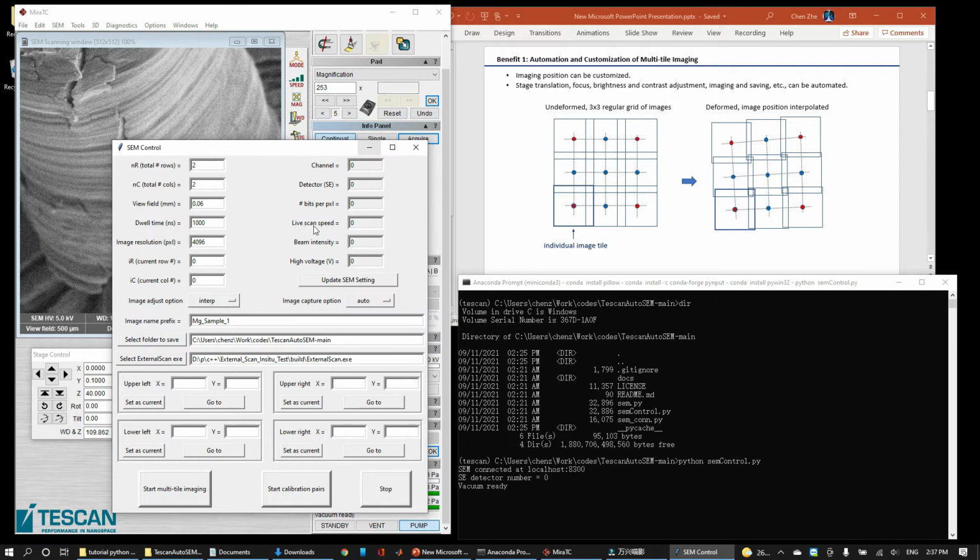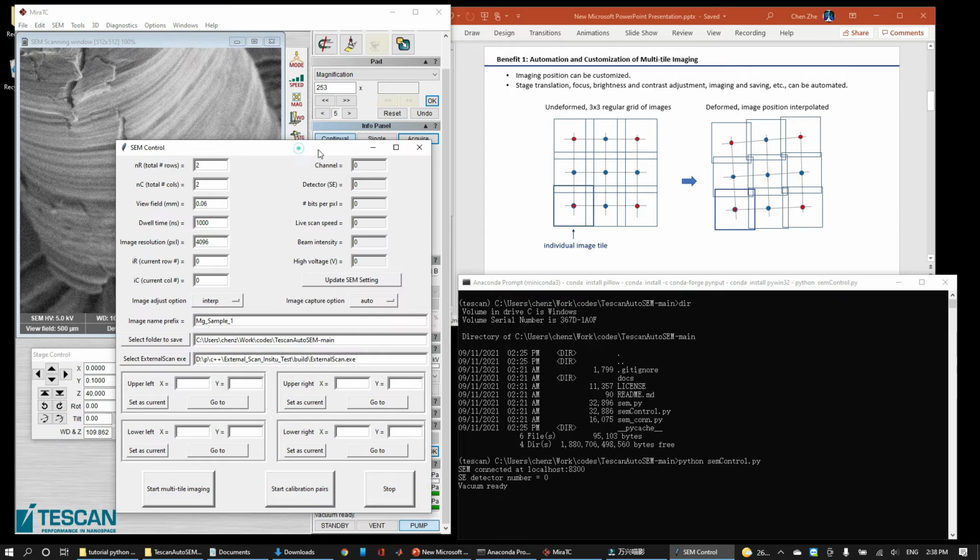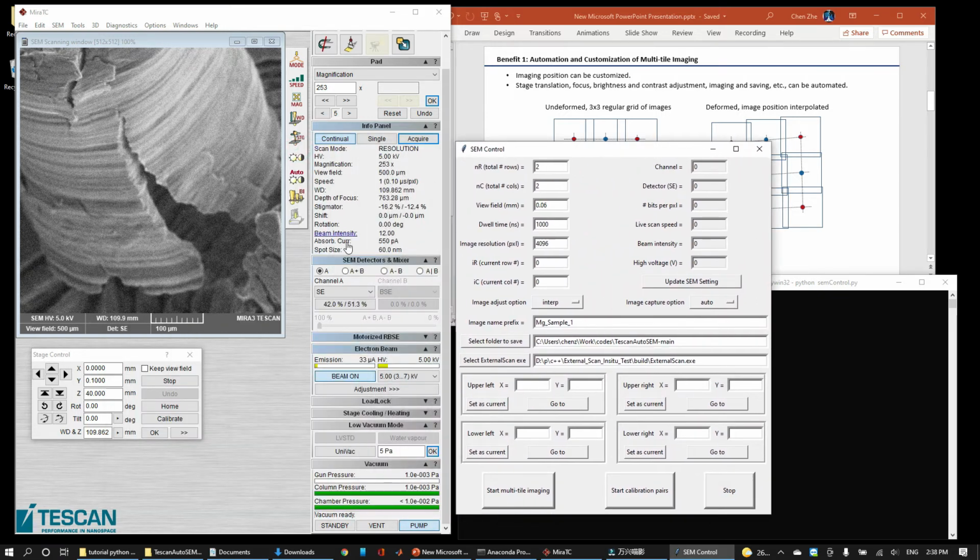For the scan speed, beam intensity, and voltage, you always want to have them directly set up in your user interface.